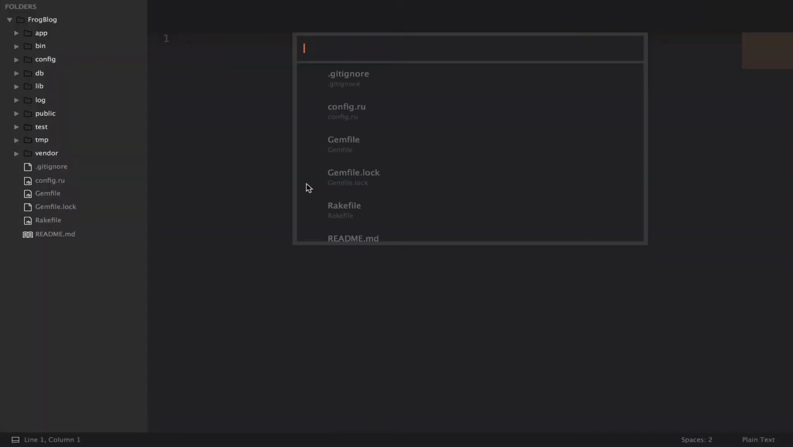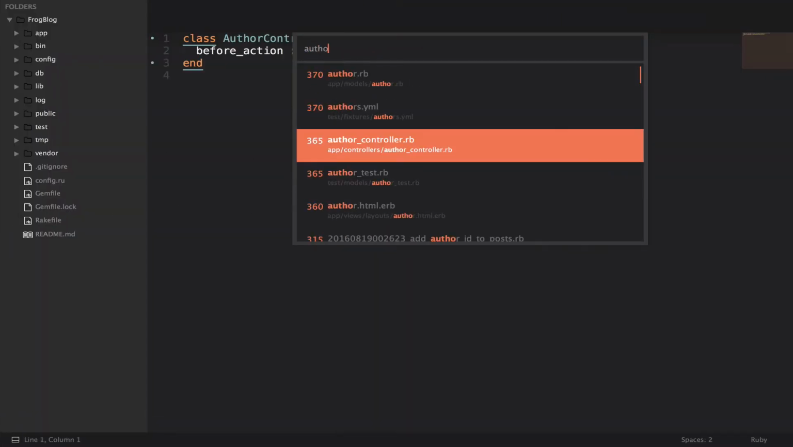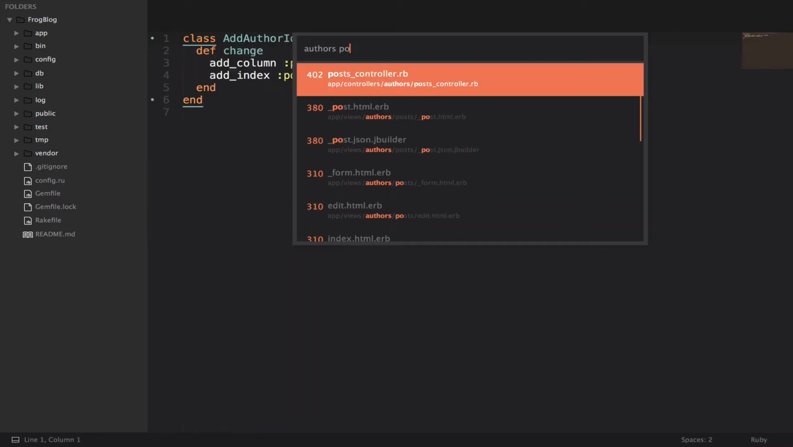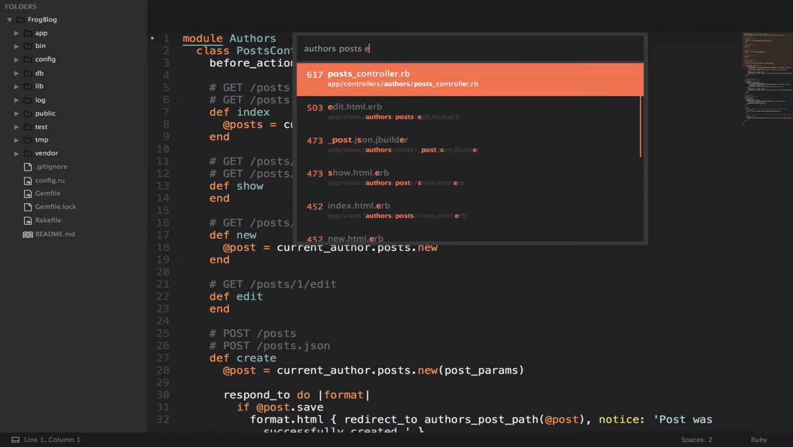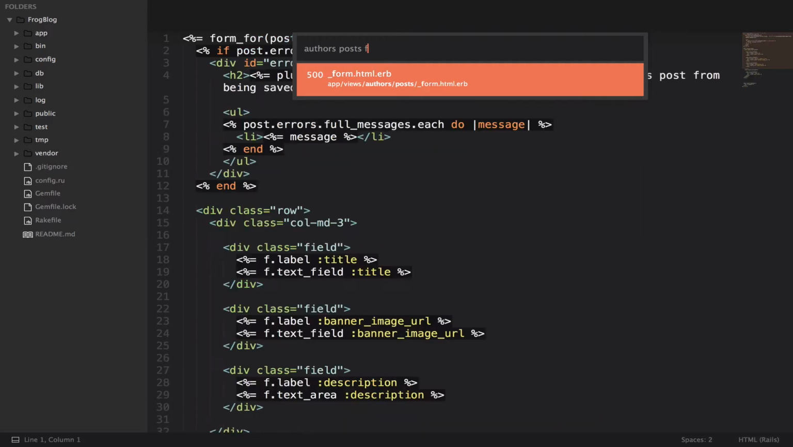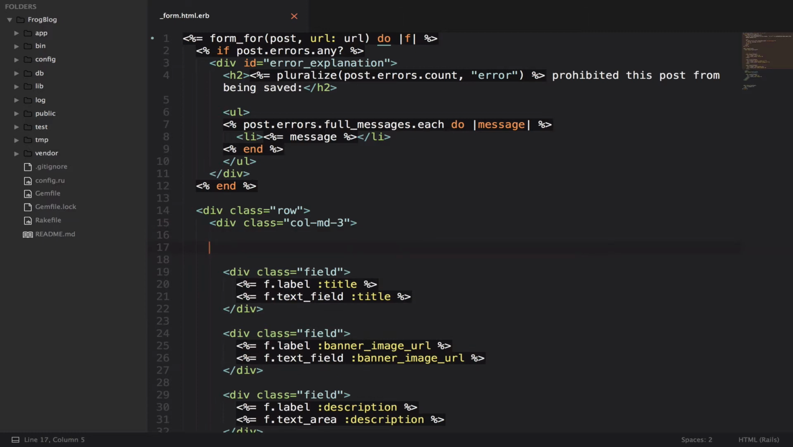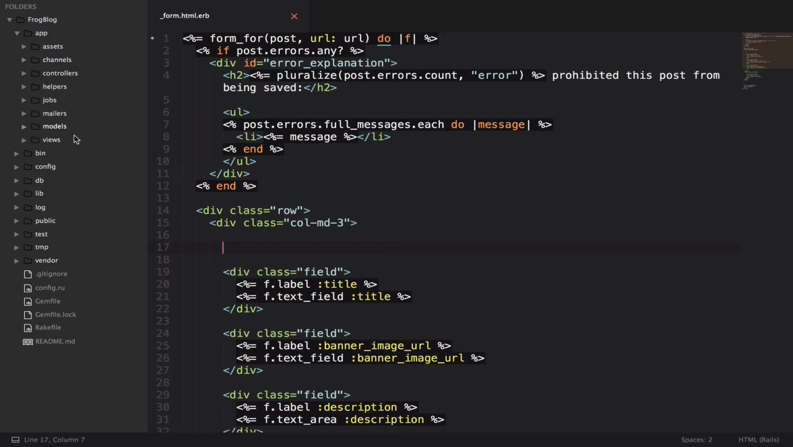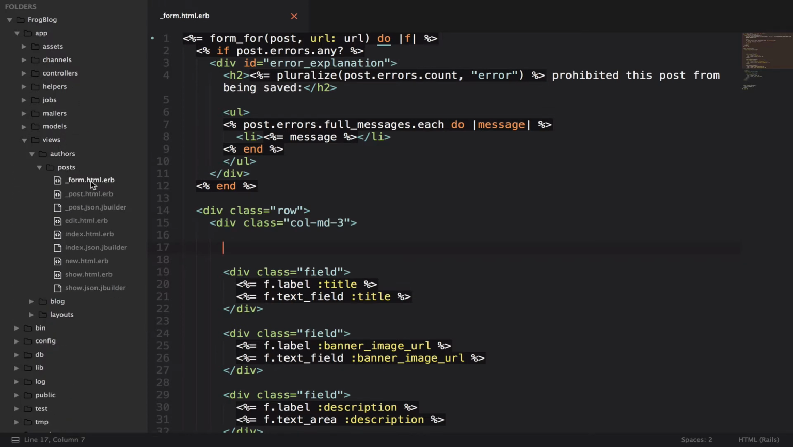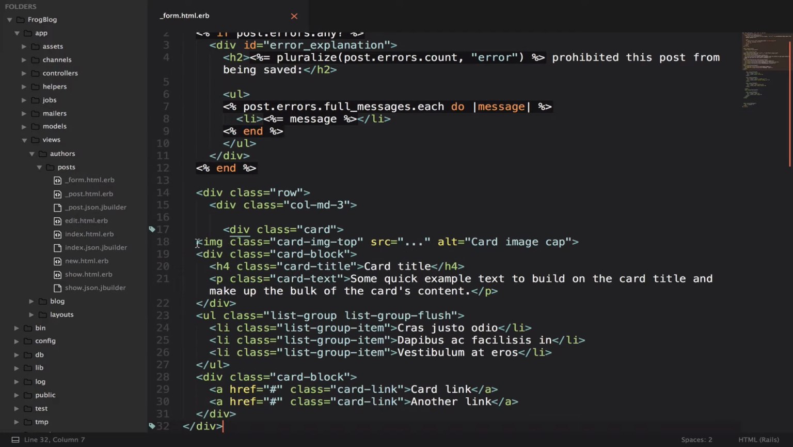So where are we? We're in authors, and this is posts and edit. So I think we need to be in the form here. So I'm just going to put it right inside this left column. Just in case you didn't see where that was, let me open this up actually in the views. So we're in the authors directory, posts, and then we're looking at this form file here. So I'm just going to paste this in,